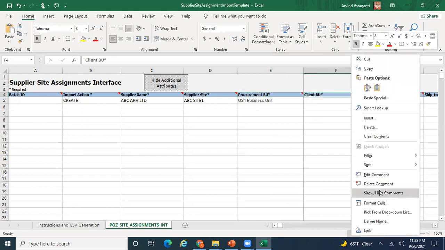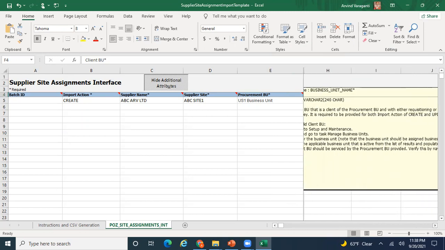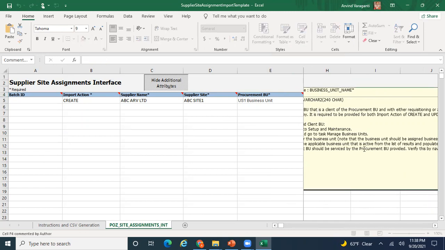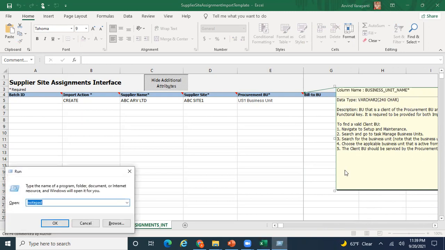Let me say show comment for client BU. Okay. Client BU. So let me copy this to notepad, and then I'll explain it.